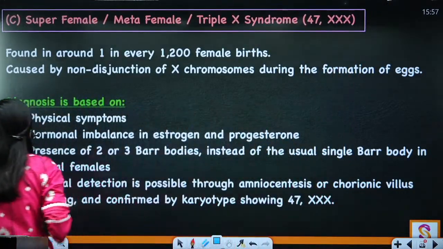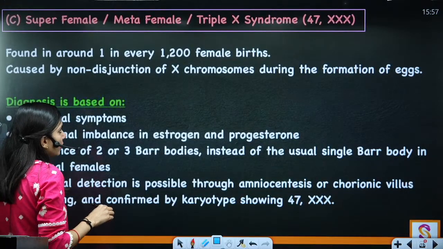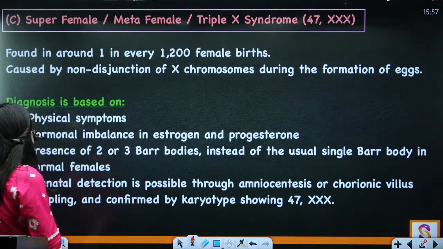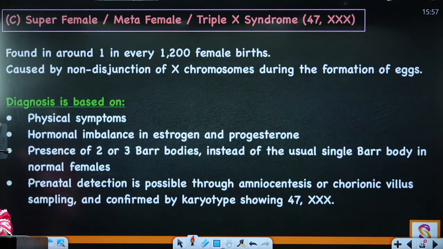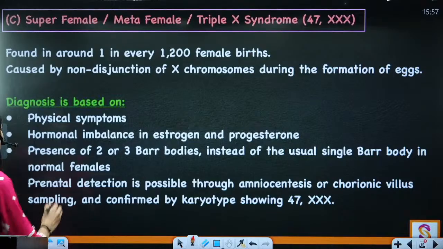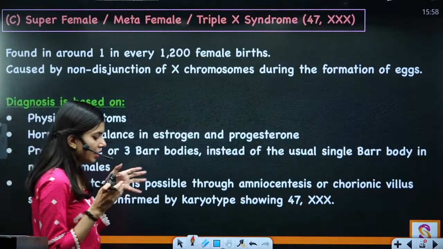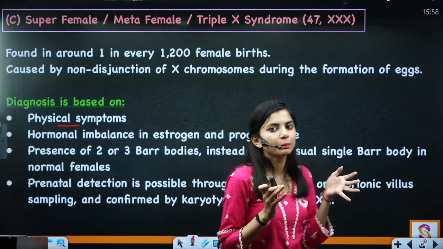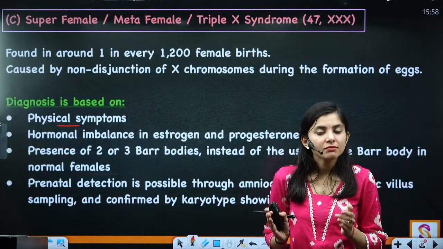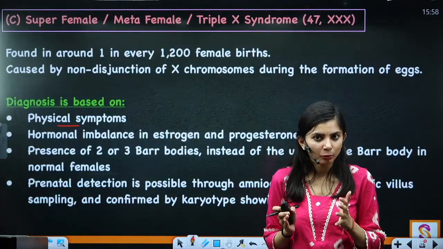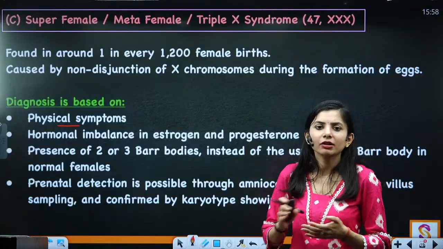So this triple X is found in around 1 in every 1200 female births, and it is caused by the non-disjunction of the X chromosome during the formation of the egg. Okay. Now how can you diagnose it? Again, super female could be diagnosed with the help of physical symptoms. Based upon the physical symptoms you can determine there is a hormonal imbalance, like there is improper function of estrogen and progesterone. Unit 11, which talks about menarche and menopause, explains about this estrogen and